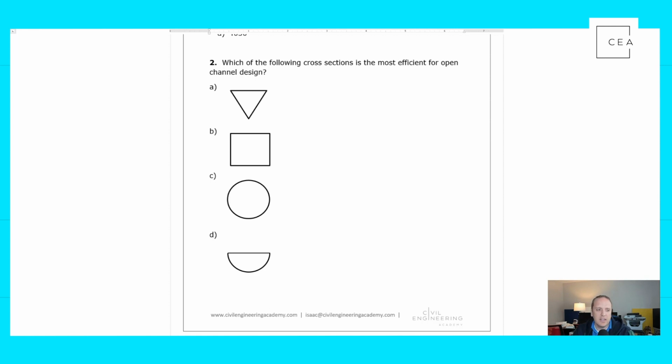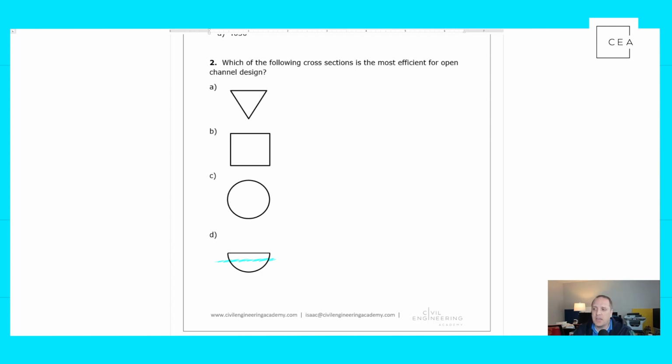So if it's running all the way full in a circle, like a culvert, it would be that whole thing. The whole circle would be the wetted perimeter, right? Everything on the outside there touching the water. But in this case, what is most efficient? And the answer for that is a semicircular cross section. And the reason for that is because that has the smallest wetted perimeter, because of that, it has the highest